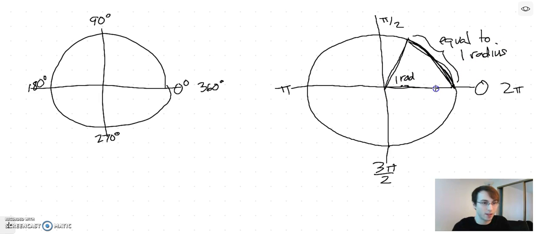So this length here, this radius here, and this arc length there are going to be the same. And so if you do that, then you have to have 2 pi radians in a circle, because